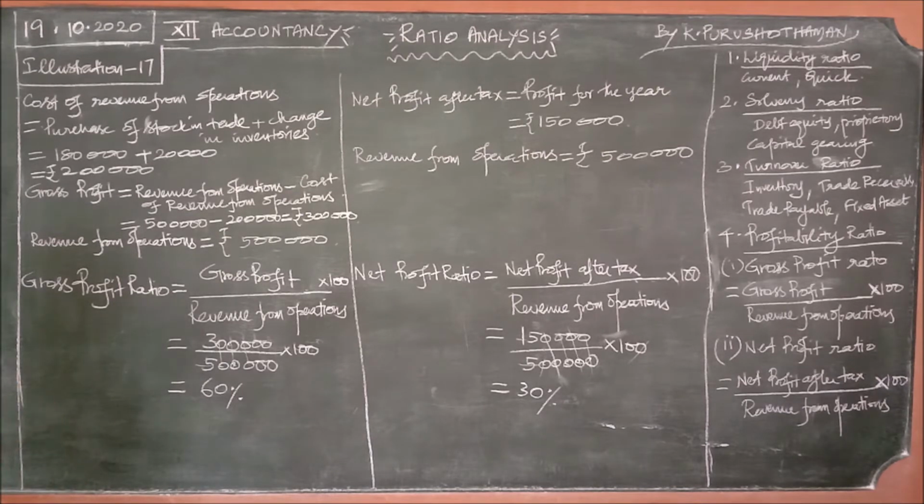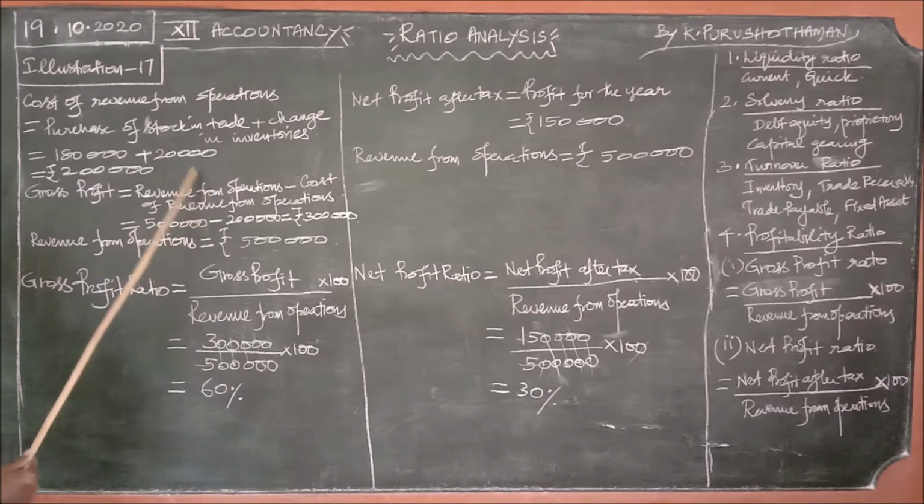What is the difference between 1 lakh and 80,000? That is 20,000. That is the difference between the revenue from operations. Revenue from operations, say for example 1 lakh, and the cost of goods purchased, that is the cost of revenue from operations. That is cost of goods in the sense the actual value of the goods plus other expenses made for the purchase, carriage expenses and the like. So that is 80,000, then 20,000 is the gross profit.